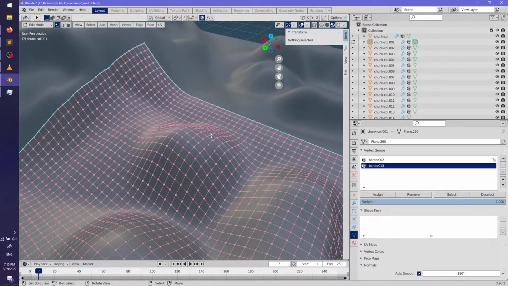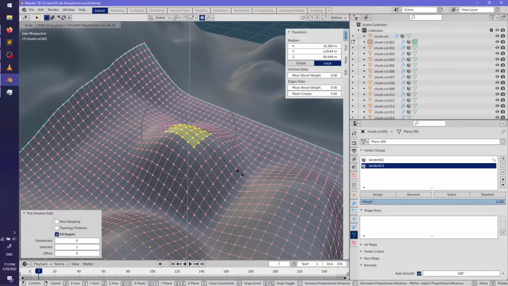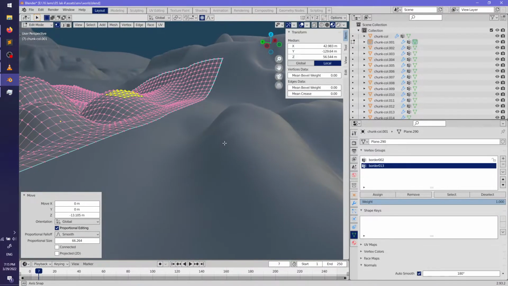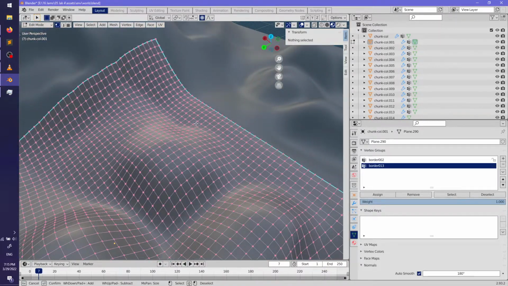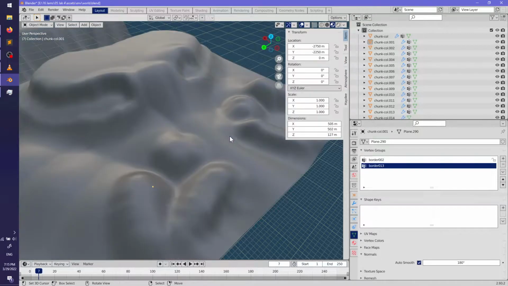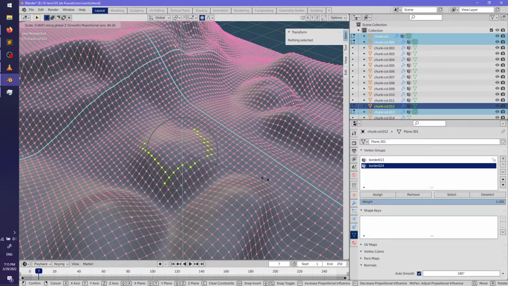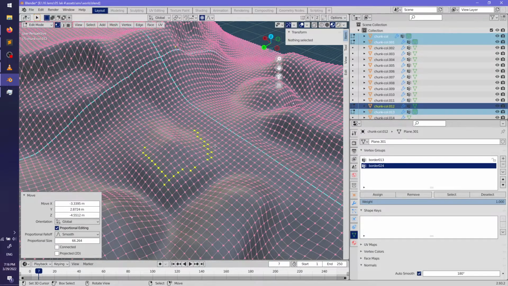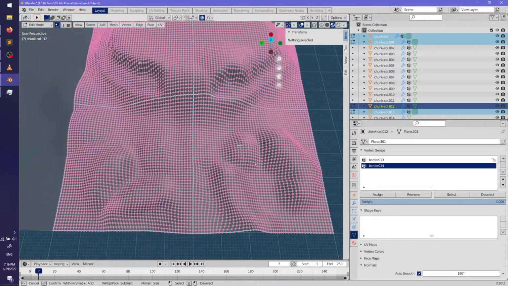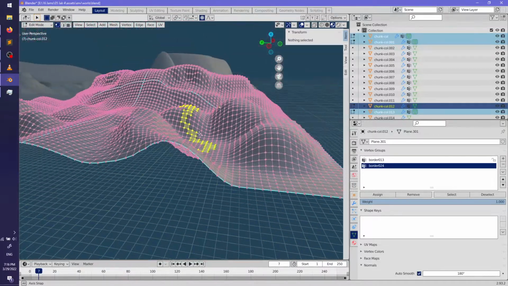That's what it is. It's a crab. I'll do.